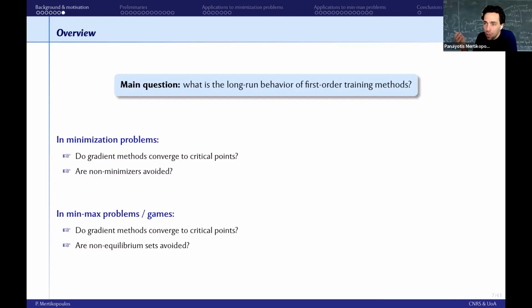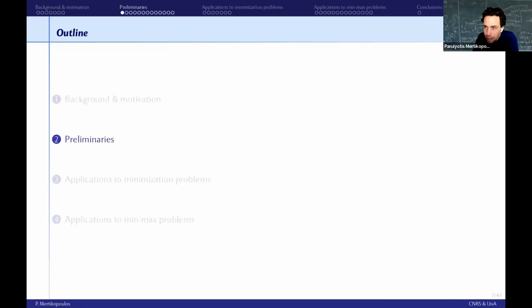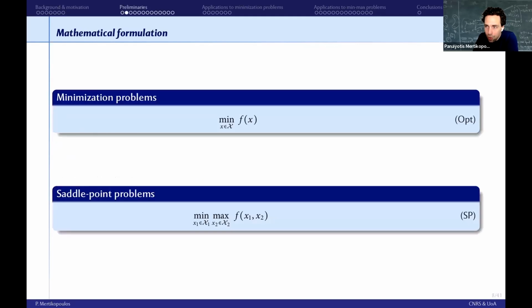And then the second part and the last part of the talk will have to do exactly with min-max problems. What is different? What difficulties we face there? And what can be done. All right. So just to begin,